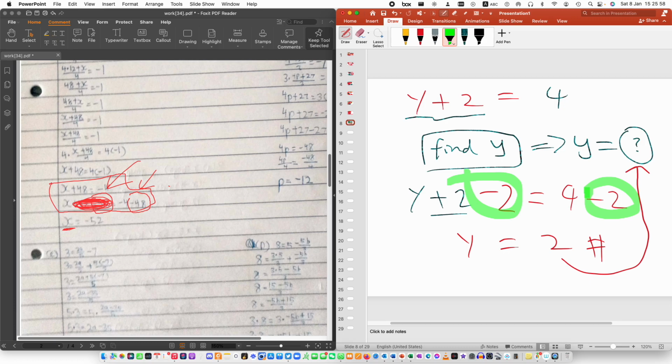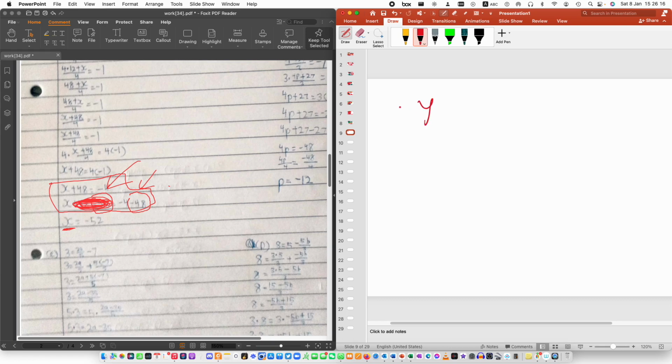So that you get rid of the plus 2 so that you get the y, and that's what you want, right? To get y equals to something. Yeah. Okay, good, pretty good. So this is one method. Next,